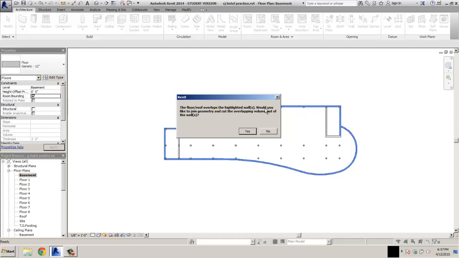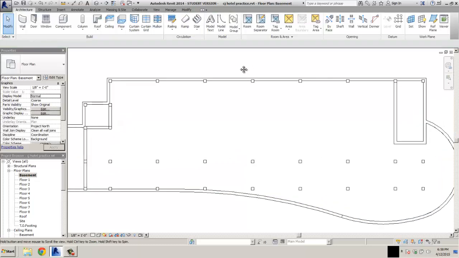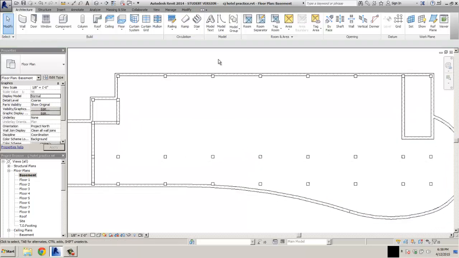The roof floor overlaps the highlighted walls. Would you like to join the geometry? Click yes, and then click in an empty space outside. So now our floor is in place. If we go look at our 3D view,